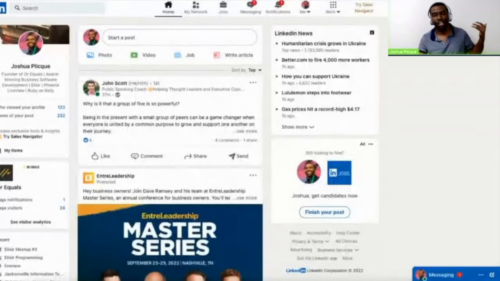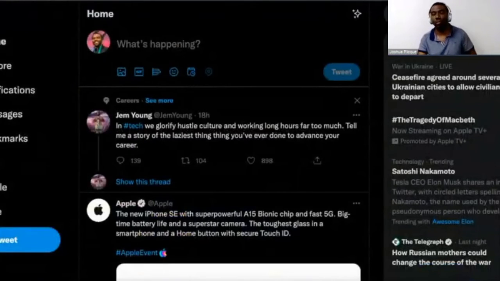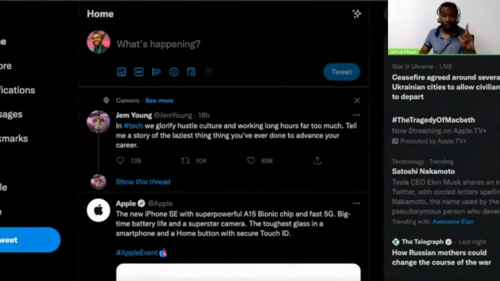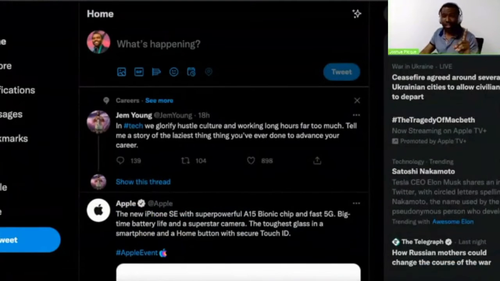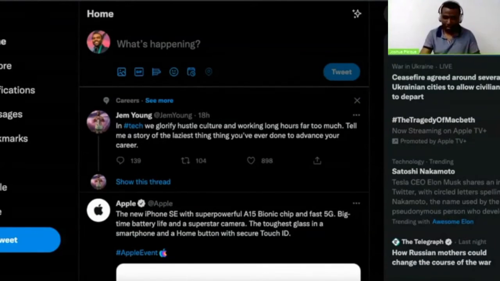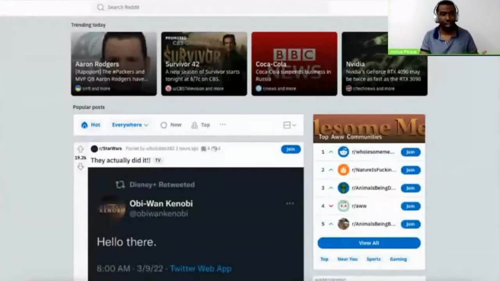And so you have applications like LinkedIn, which is using Ember.js on the front end. You have applications like Twitter, which originally was written in Ruby on Rails as a full stack application. And it got rewritten in Scala on the back end. And I believe they're using React on the front end. I'm not sure, but pretty much what I'm getting at is every application now, this is Reddit. Everything has that SPA, that separate front end with the API as a back end. And so this is where we arrived. This is what the world looks like today.